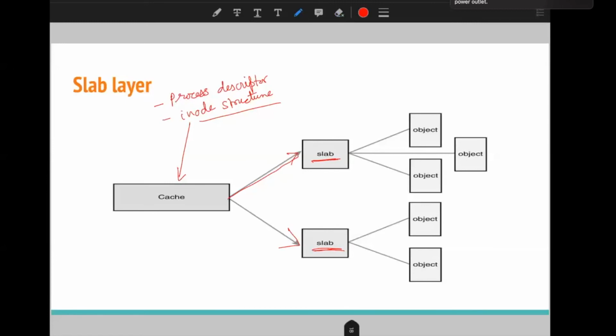It contains the mapping of different objects. For this example, these are the different inode structures. This slab allocator will provide the memory for an inode whenever it is required by a process. It will make sure that it fulfills the requirement of each process, it allocates and deallocates, and it maintains the free space and the allocated space.